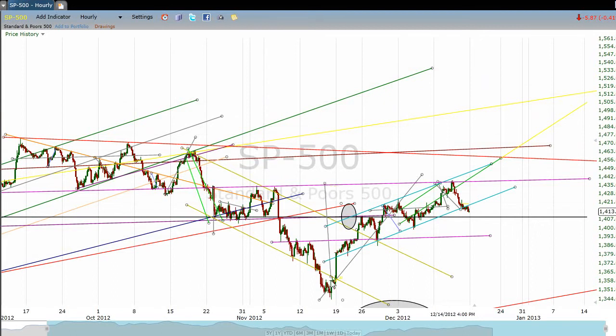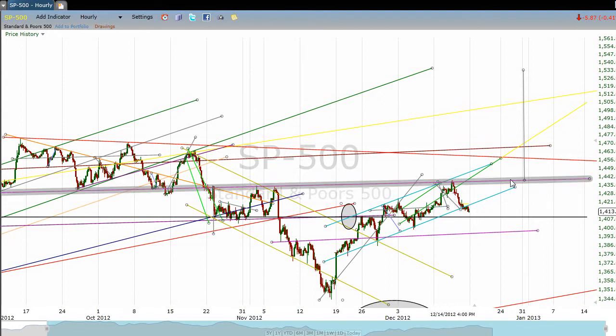And all it takes for that pattern to finish, while I move this line, is for this line to send the market down, which it has done, and for us to stay over 1400, most likely over 1400. I would think for sure we would need to stay over the low 1390s, mount up a little bit of steam, come back for another try on this line, then take it out.